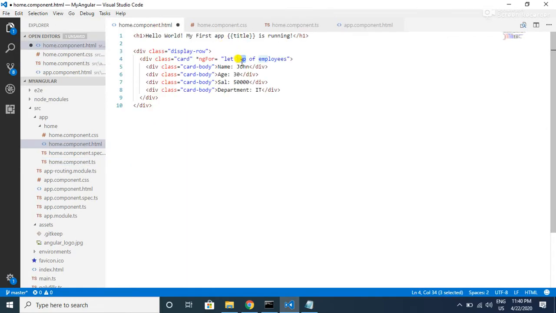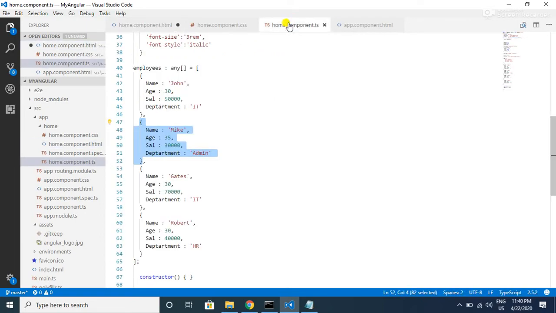This is also called a template input variable, and the syntax to create a template input variable is let emp, where emp is an arbitrary name. You can give any name you want. To access the employee object properties we will use interpolation with this emp local object, because as emp holds an employee object instance, we can use all the properties of the employee through emp.